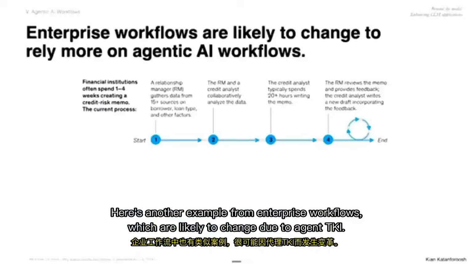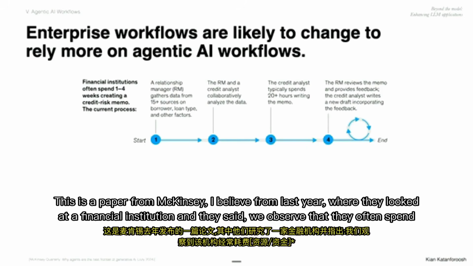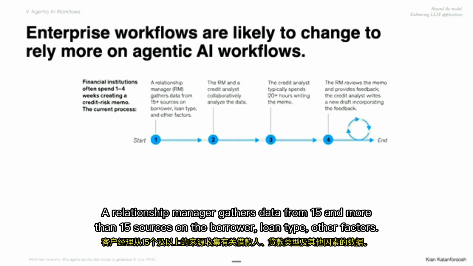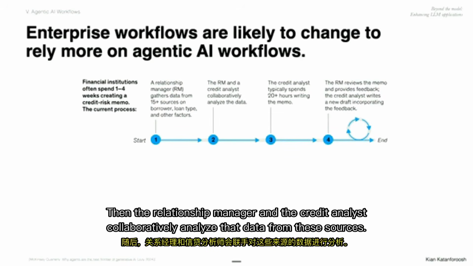Here's another example from enterprise workflows, which are likely to change due to agentic AI. This is a paper from McKinsey, I believe from last year, where they looked at a financial institution and said, we observed that they often spend 1 to 4 weeks to create a credit risk memo. And here's the process. A relationship manager gathers data from more than 15 sources on the borrower, loan type, and other factors. Then the relationship manager and the credit analyst